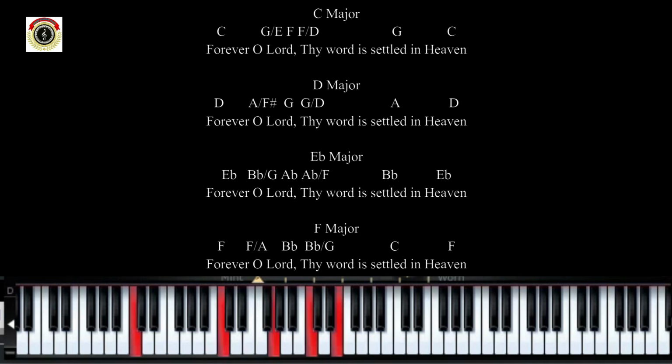Thy word is settled in heaven. Forever. Oh Lord, then thy word is settled in heaven. So from the C, forever. Oh Lord, thy word is settled